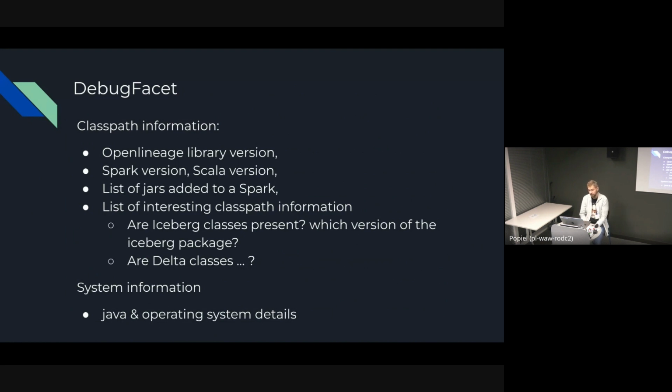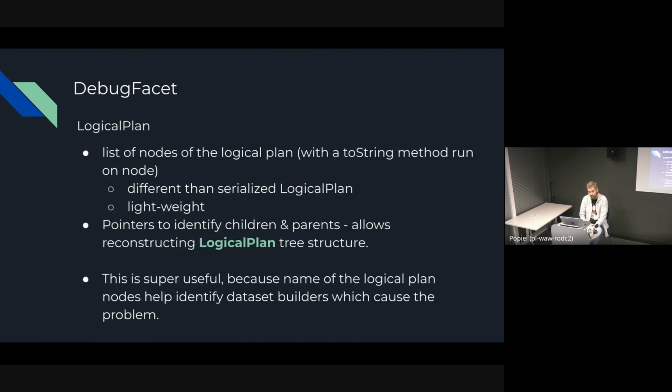within the running job. So do you have Iceberg classes present on your class path? Which version of Iceberg package do you have? The same for Delta, the same for, I think, BigQuery connector. We also want to know what Java and operating system details you have. And this is something that you can enable out of the box with the facet and don't need to verify on your own. The other interesting thing contained within it is some shortcuts, some abbreviation of the logical plan,